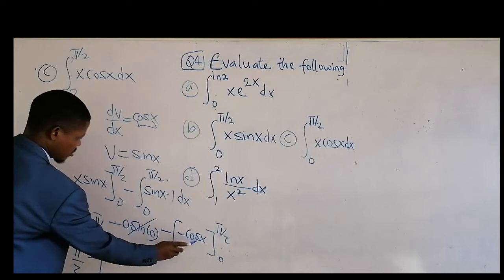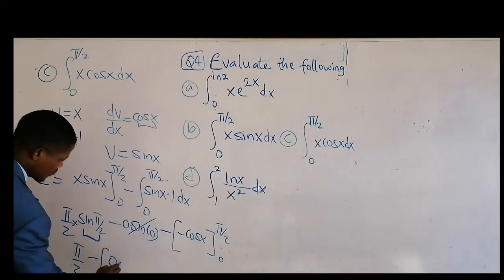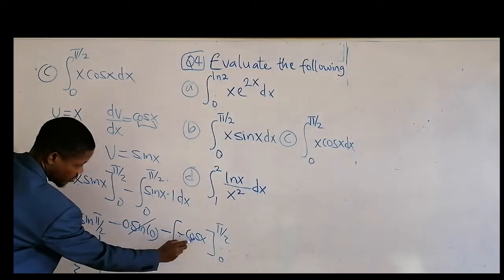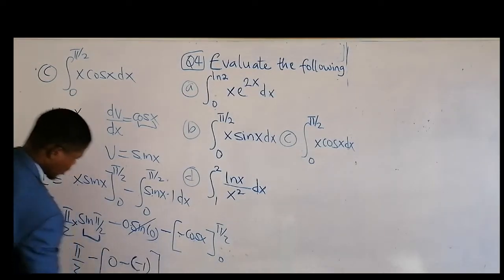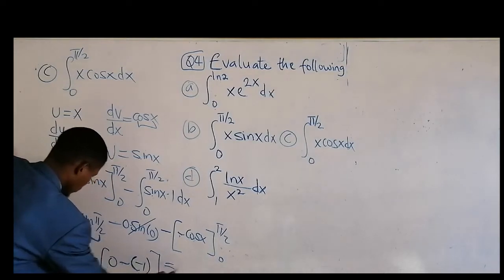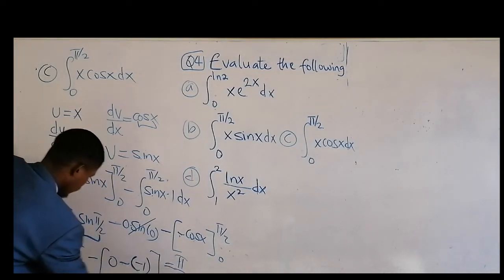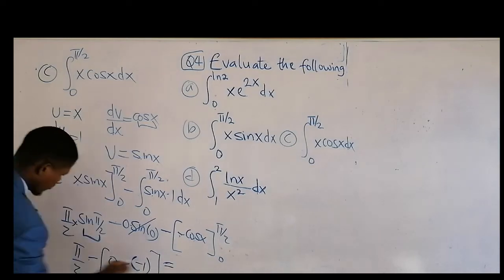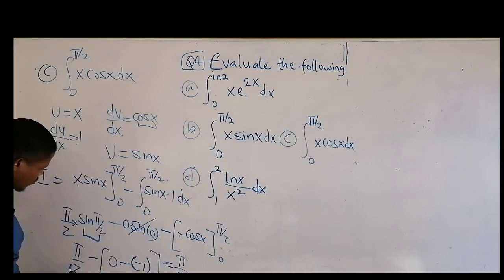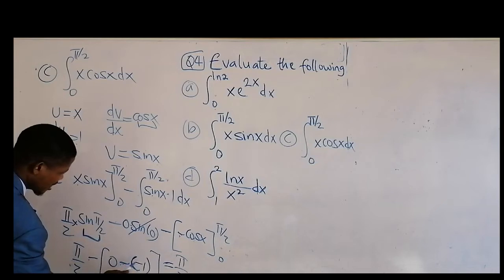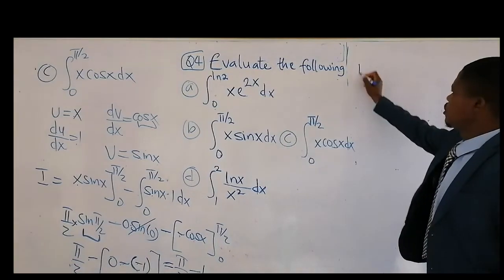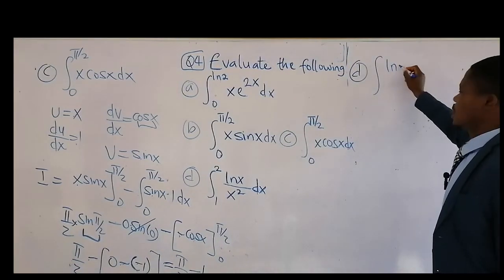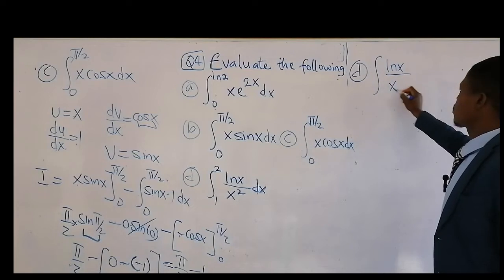We substitute this one, cos pi over 2, that's a 0, then minus, okay, minus cos 0, and that's what? That's minus 1. Cos 0 is 1. So if you do that, this will give you pi over 2. I'm going to have pi over 2. Then minus times minus, that's a plus. So this will be pi over 2, then this one times this one, that's plus, and this one, that's minus 1. That finished that.